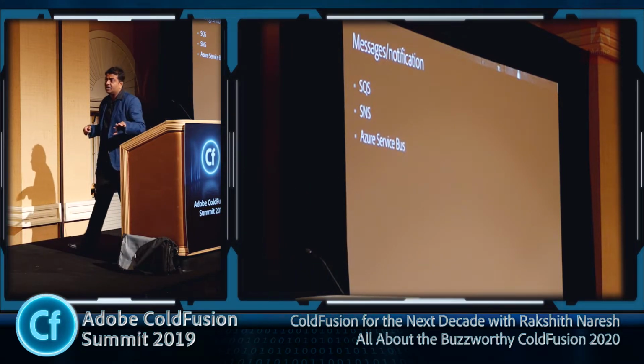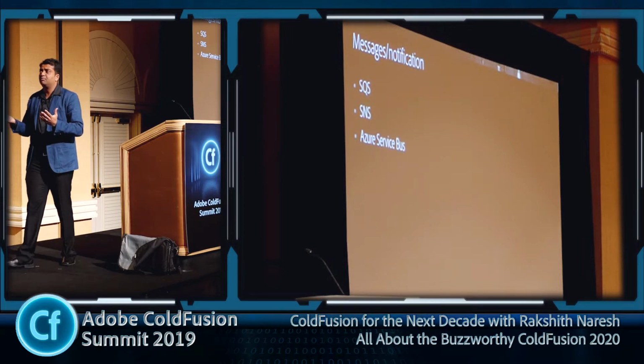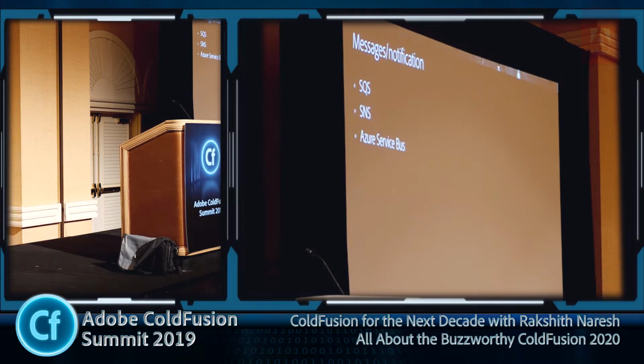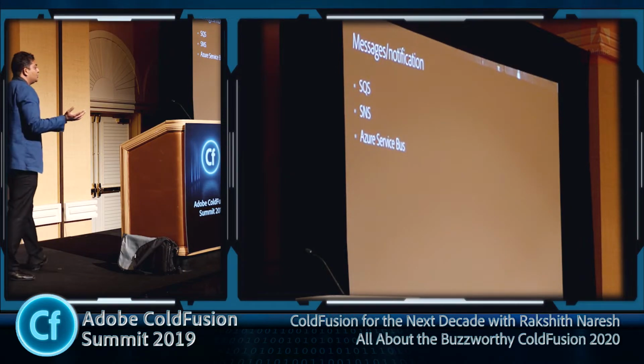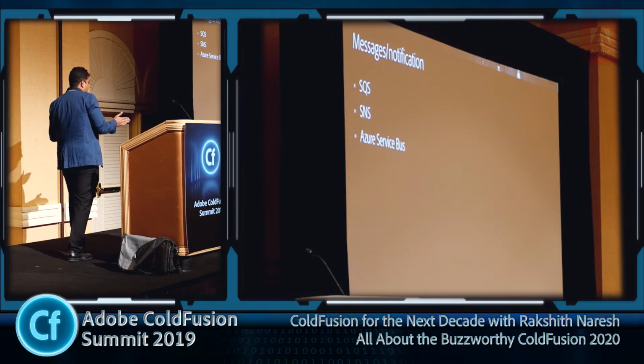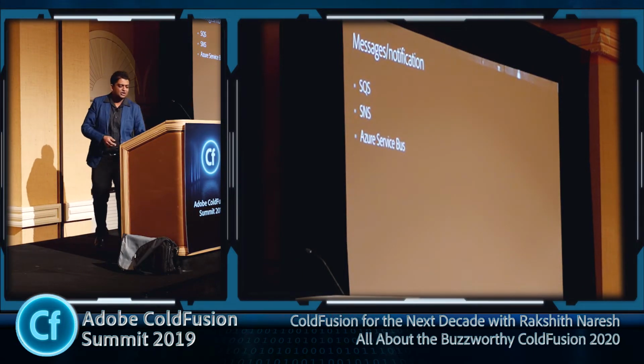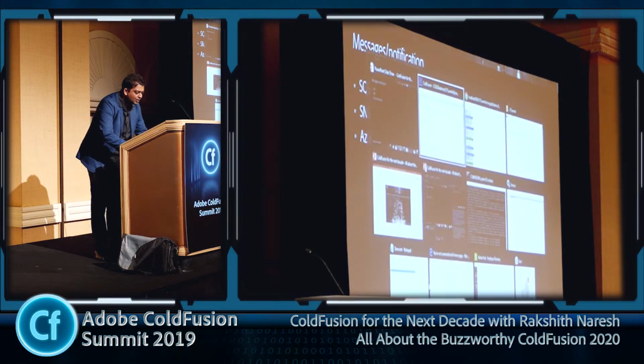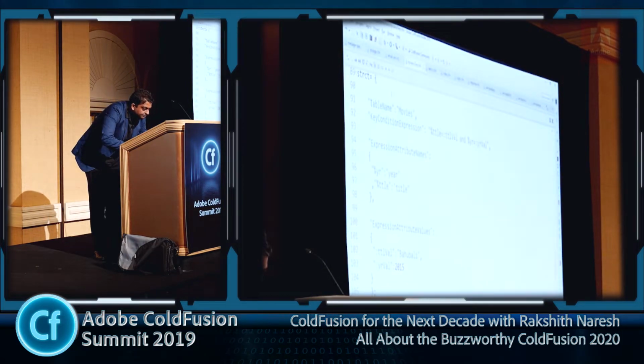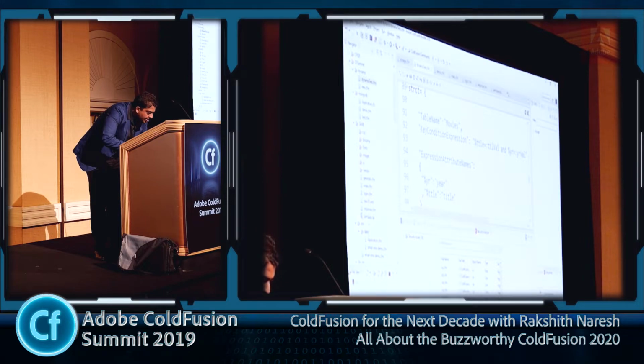Azure has an equivalent called the Azure Service Bus. It performs both the functionality of a queue as well as notification. So just like anything else with the multi-cloud approach, we have a productive interface and that will work across AWS and Azure. So let me just quickly show you the interface. It's super simple to work with. Okay, so let's start with SQS. If I go to message operations here,